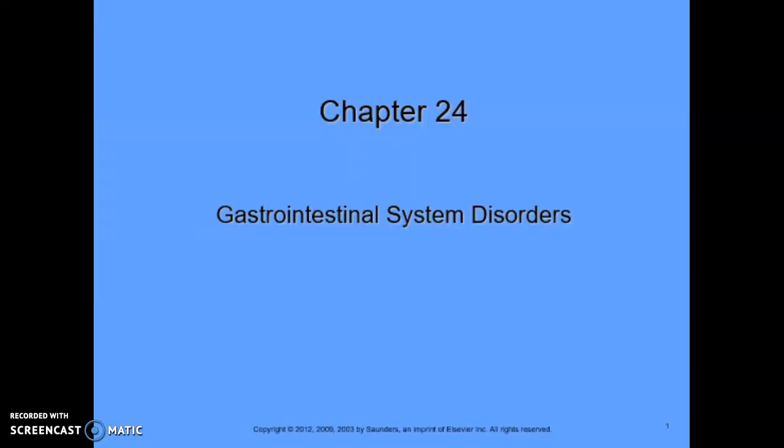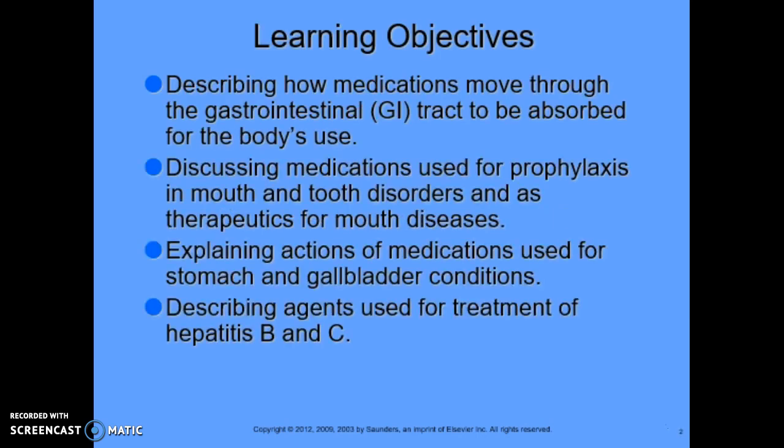Hello and welcome to Chapter 24, Gastrointestinal System Disorders. Our learning objectives for today are describing how medications move through the gastrointestinal or GI tract to be absorbed for